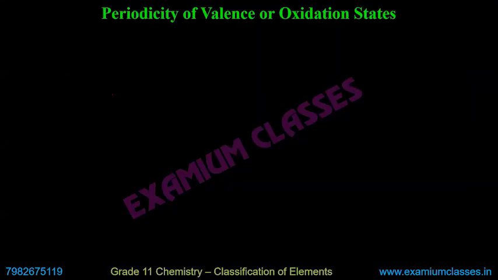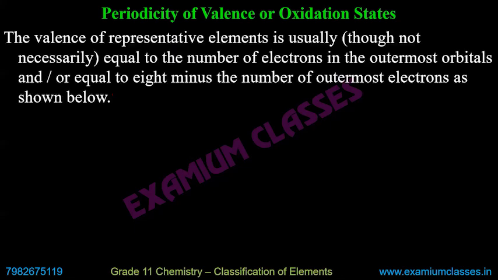Then the next topic, periodicity of valence or oxidation states. More about it, we will be talking about in the 8th chapter, redox reactions. Here, this is just reference. Valence or oxidation state in this chapter are used interchangeably. But valence and oxidation states are different from each other. They are not the same. The valence of representative elements is usually equal to the number of electrons in the outermost